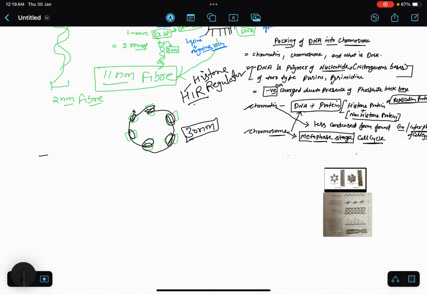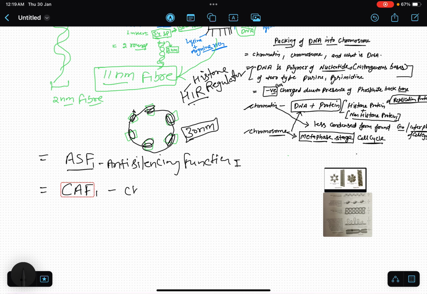Another protein which is known as the ASF, ASF1, anti-silencing function protein 1. Another protein required here is the CAF1, which is known as the